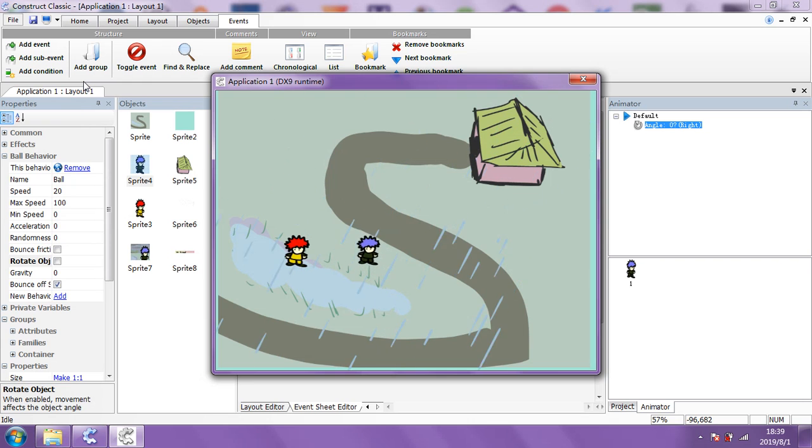If you wanted to make it so that a character couldn't walk in the lake, one way of doing it is you wouldn't have to even make a fence or some boundary around it, even invisible. What you could do is just make the lake itself a solid object, as a single image, and put the blue on top of the green and draw it, and then when the character walks up to it, it would be solid, so he wouldn't be able to walk on it, you know what I mean? So that's a way you could do that.